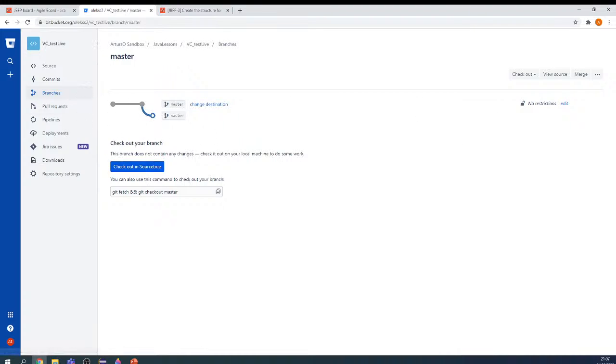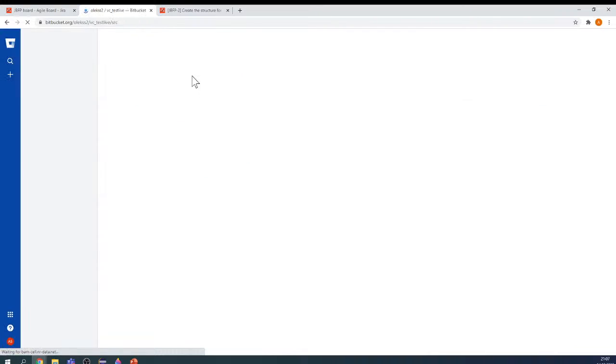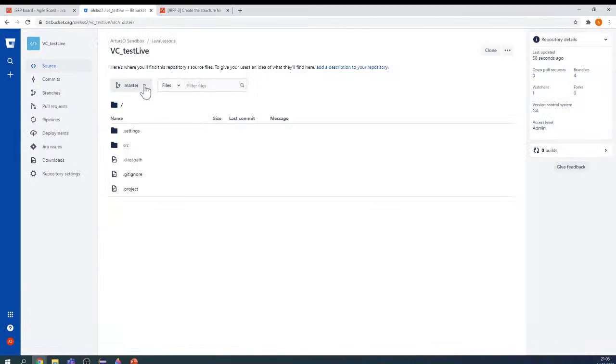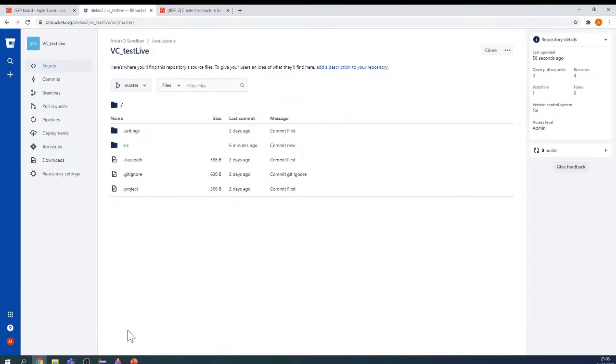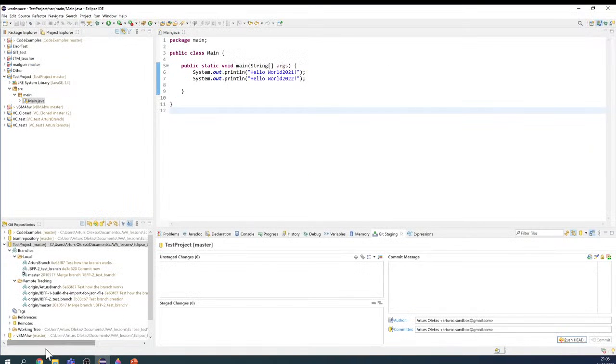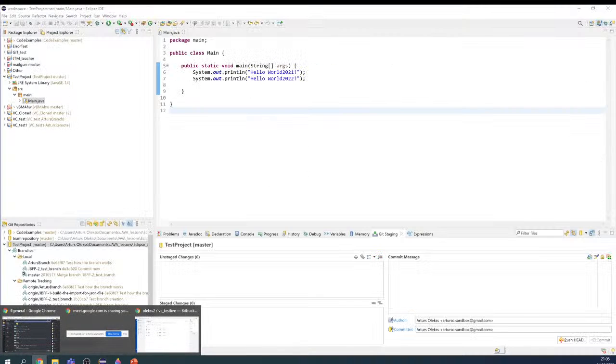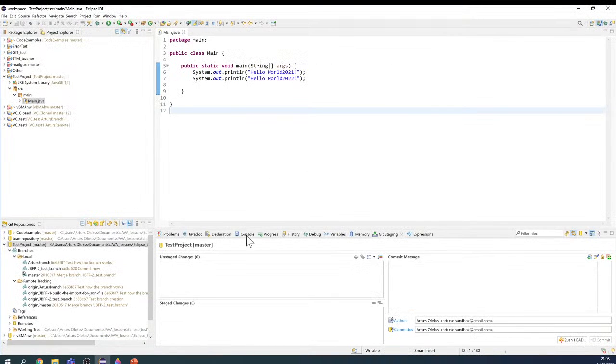If you use SourceTree, that's maybe a little bit easier for you. If you use SourceTree, then it has better integration with Bitbucket, but again